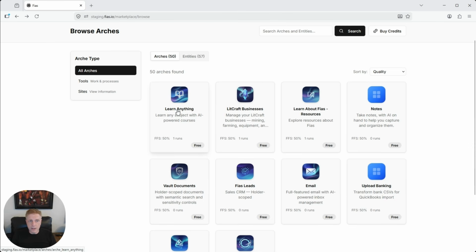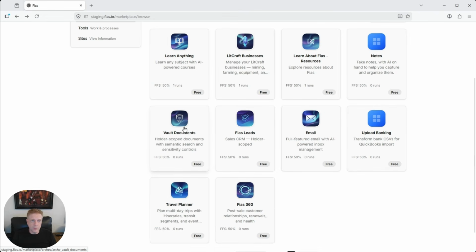This arch is a pretty neat arch. You can use this to learn anything, and you can build courses. You can even spend some of your own credits to build a course, and then if other people use it, you can earn off of that as well. It takes you through a number of lessons for any given course. It has questions on it. It's just a neat concept. You can manage your notes. We've got this full vault that manages all of your proprietary data across all the various categories that you have proprietary data.